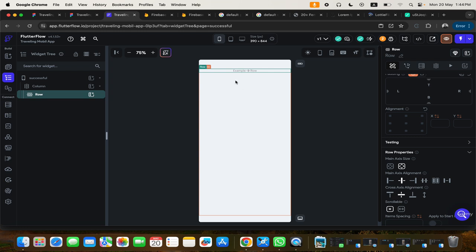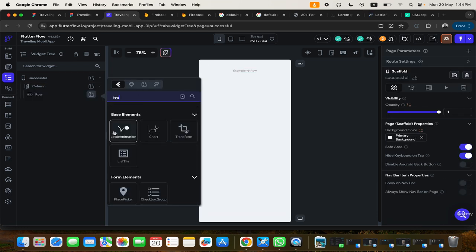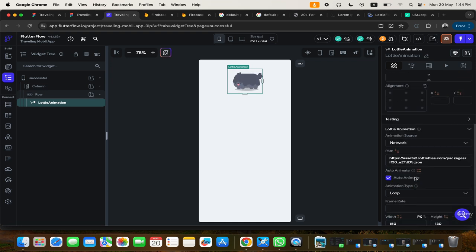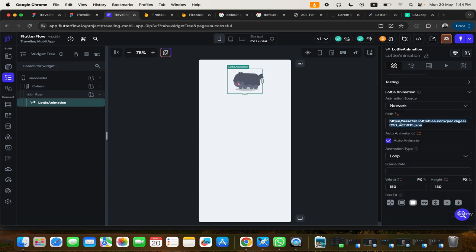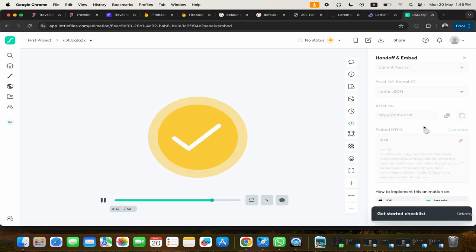We have to delete this, and let's add a Lottie animation. Alright, so the Lottie animation is added, and I'm gonna paste what I did. Oh, it's saying lottie.host. It's not giving me what I need yet. So